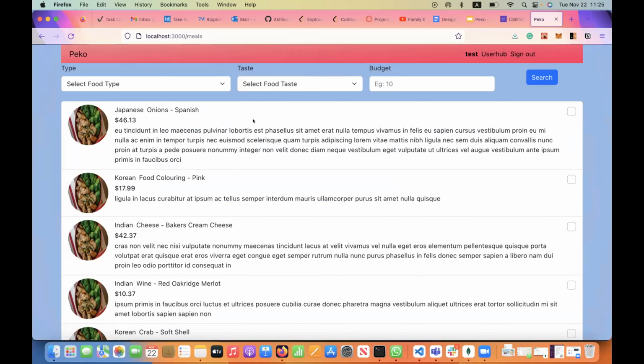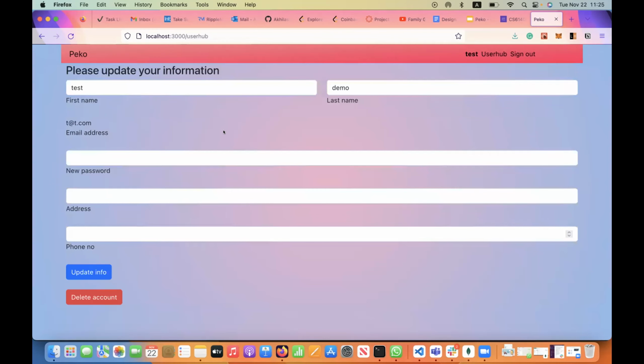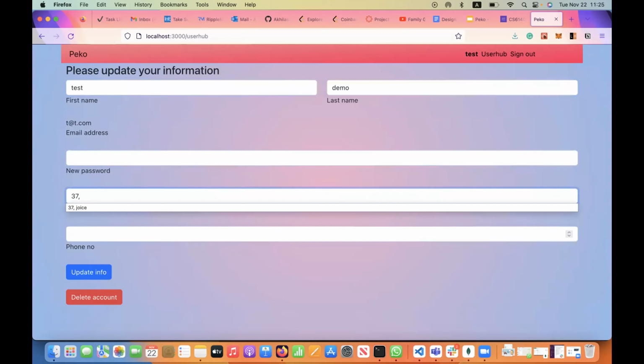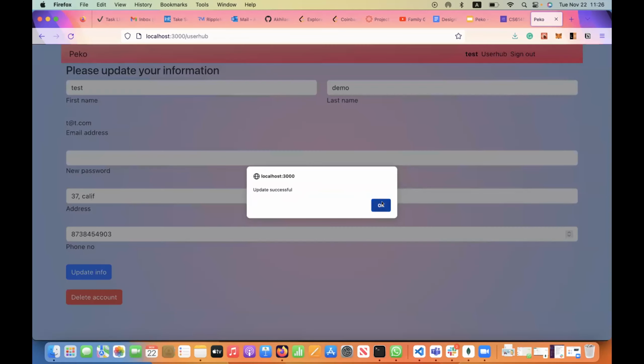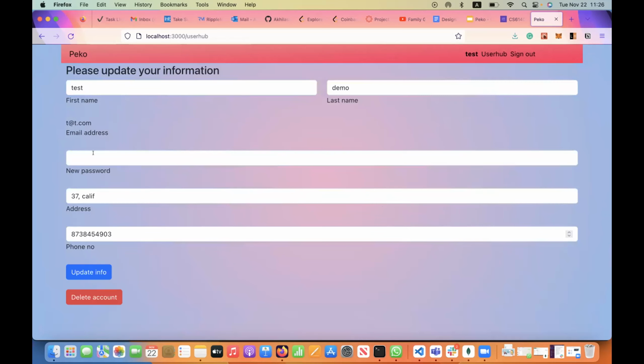And for my user functionality, I implemented login and sign up. After sign up, we'll see the user's first name here, and we have something called the user hub, where you get the details which you had input, and the password is again encrypted. You can update your address and your phone number, and it will show a successful update. You can also update your password,